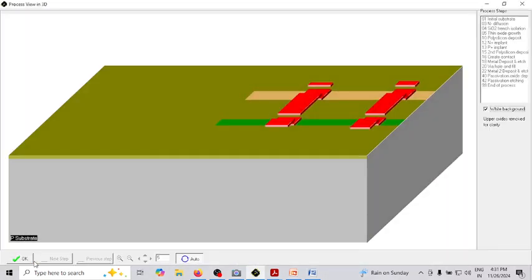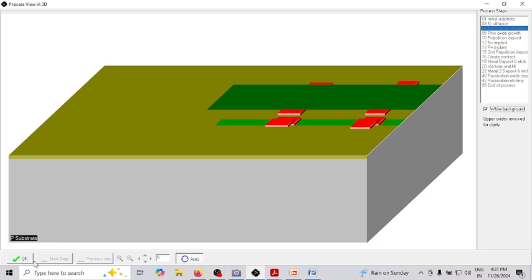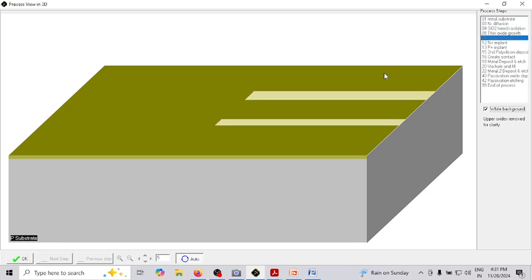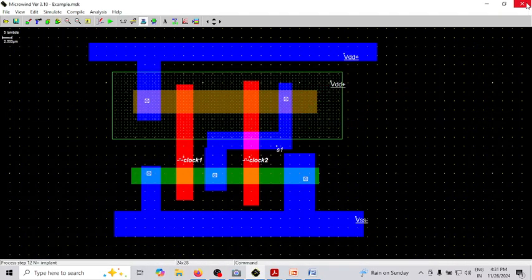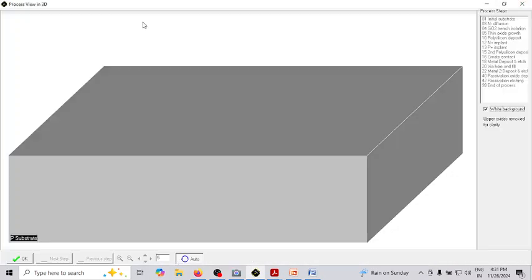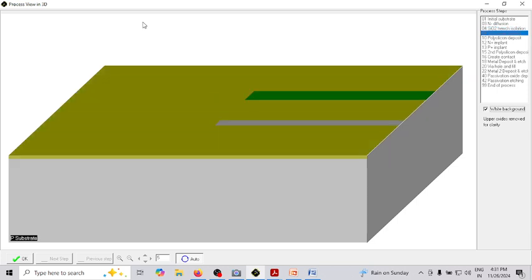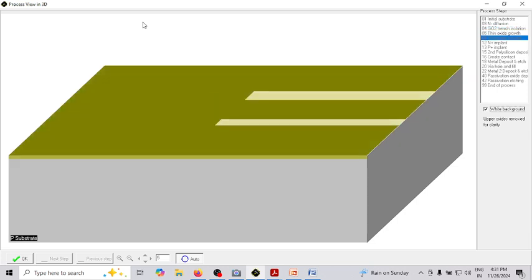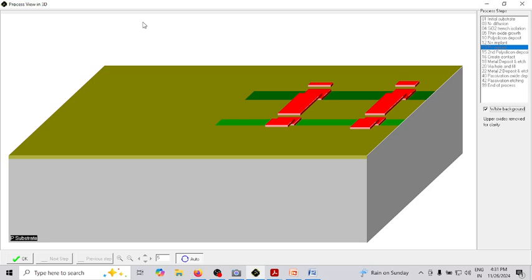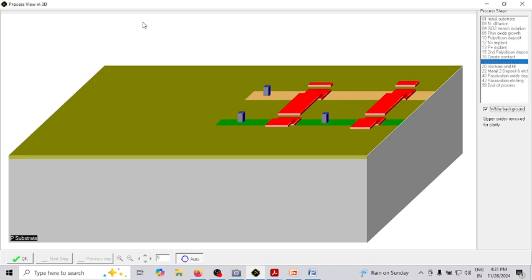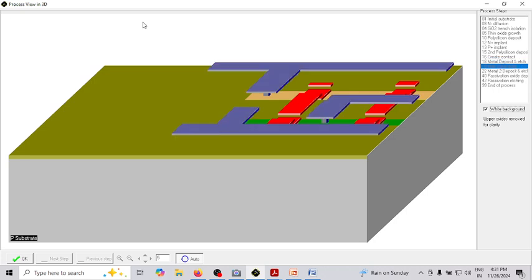So let us start from the beginning. Let me just start from the beginning now. Let me again start. Just have a look at how different layers are deposited. Now this is a simulation, so what we're going to further see is how these layers are actually deposited on the wafer. So this is just a simulation